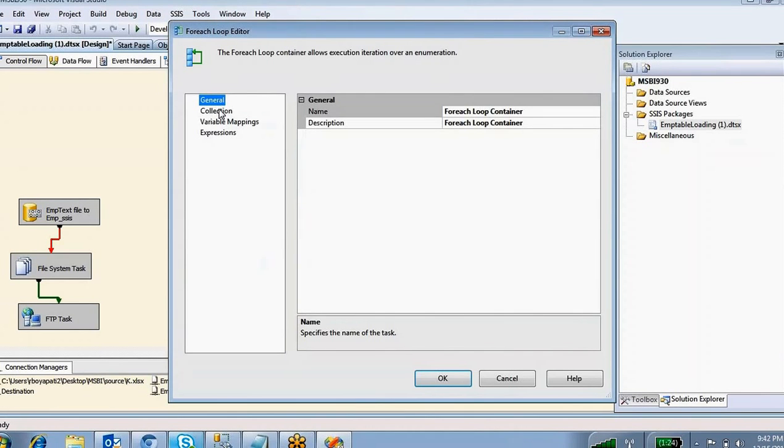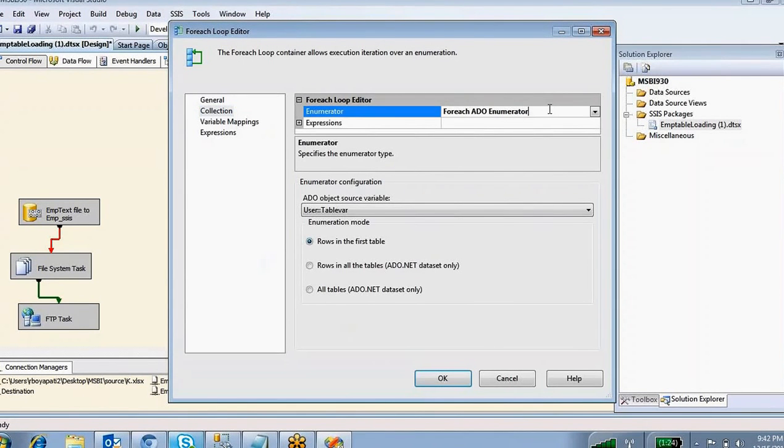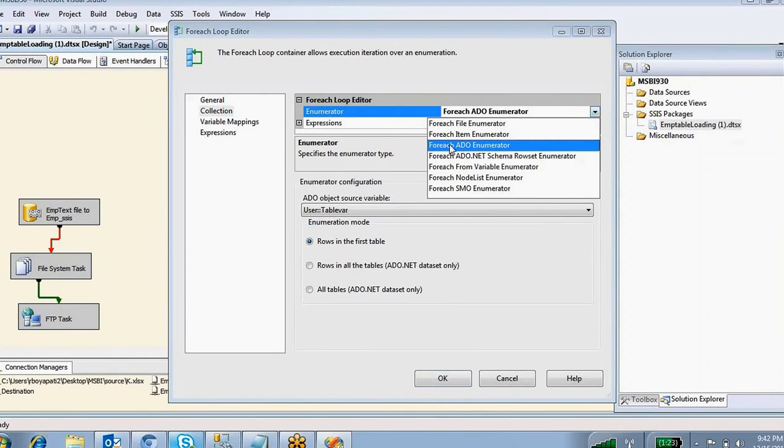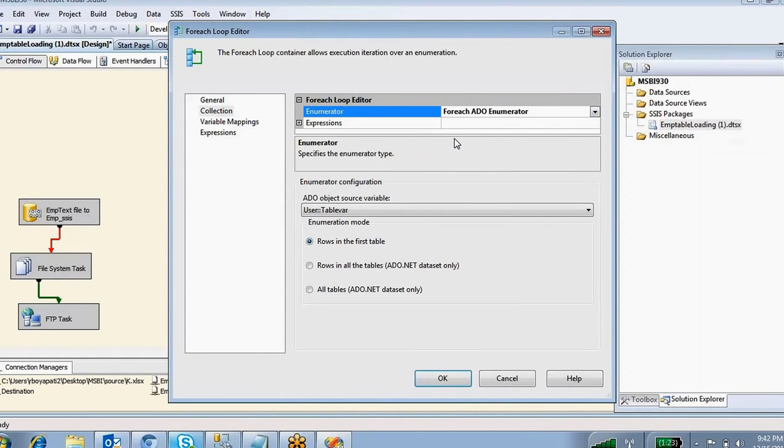Coming to this foreach loop container, in the collections there are different kinds of enumerators, and based on the enumerator it loops. Here I'm going to select the Foreach ADO Enumerator. You have one object data type variable which holds a list of names.